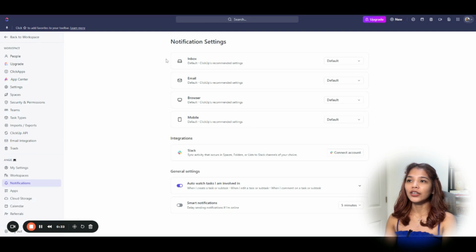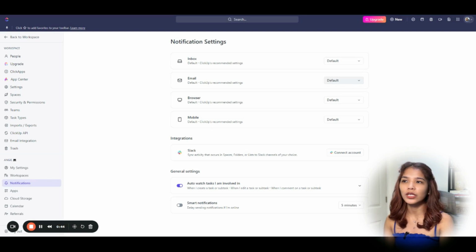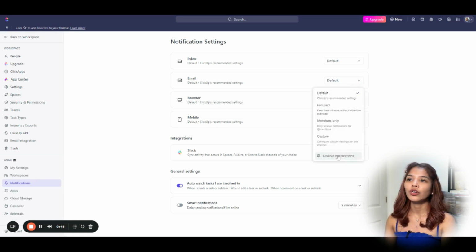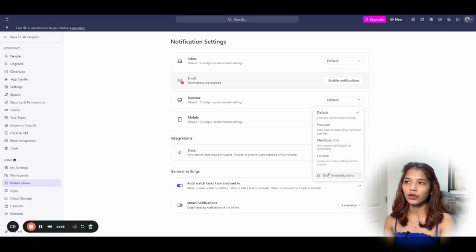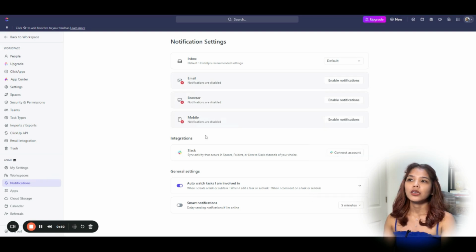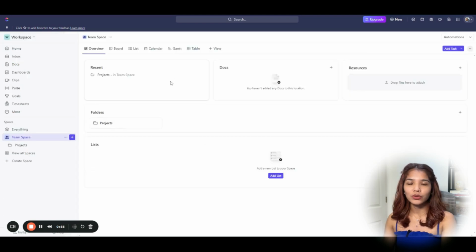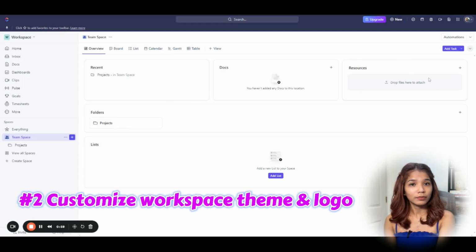And as you can see here, by default, there are four ways you can get notified: via inbox, email, browser, and mobile. So for this video, what I would usually do is to actually just disable all these other three except the inbox. So that's it. And then the second thing that I would do is to actually customize the theme and also